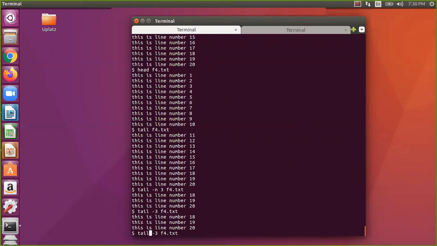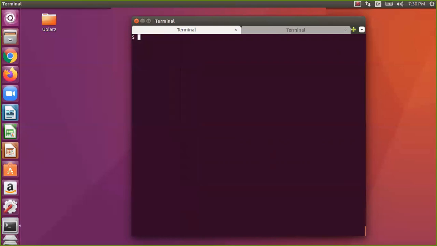Let us assume head you can also do the same way, so it will give 1, 2, 3. So head and tail will display the default 10 lines from the beginning or from the end. But let us assume I want the 11th and 12th lines, then what do you need to do? You can merge head and tail with a pipe. We will come to that a little later. So this is the basis of what we have seen.